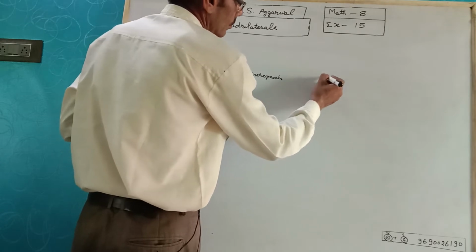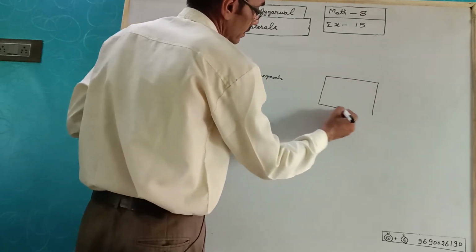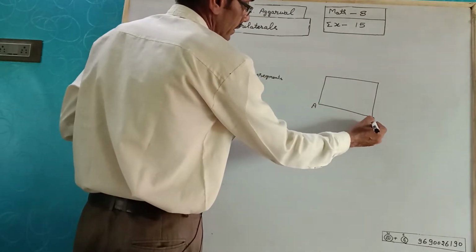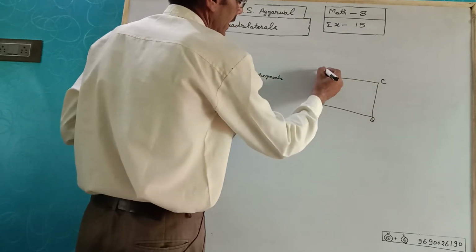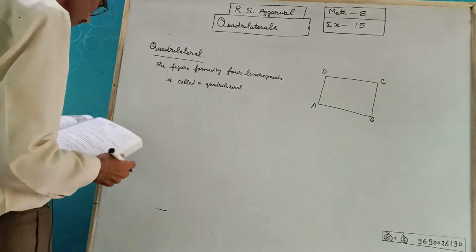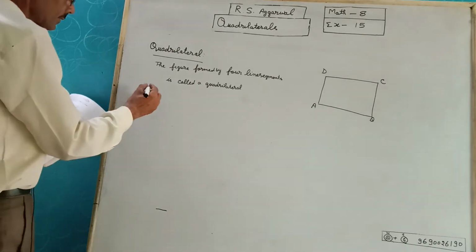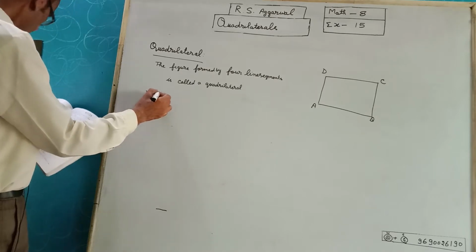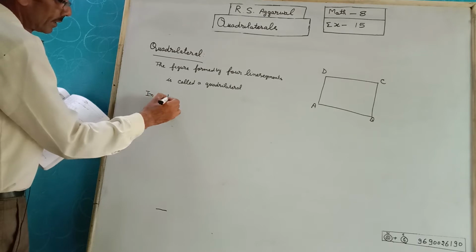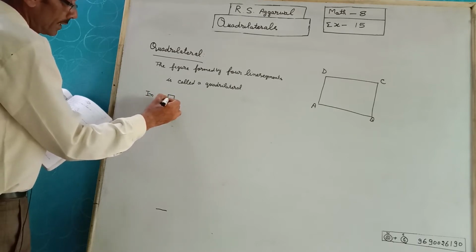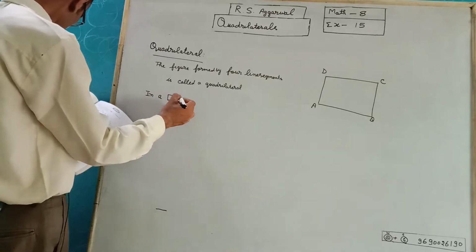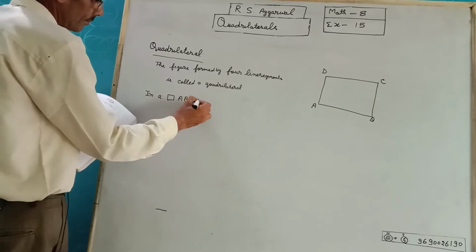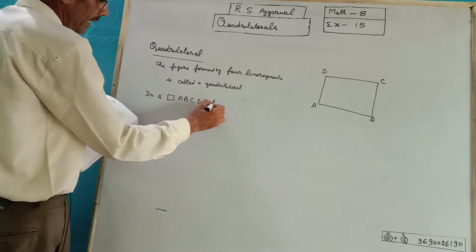That is a quadrilateral, A, B, C and D. The symbol of quadrilateral is ABCD. It has